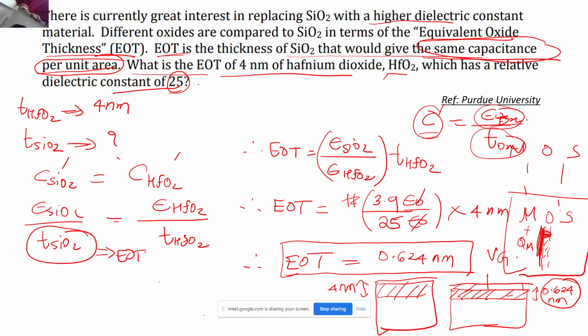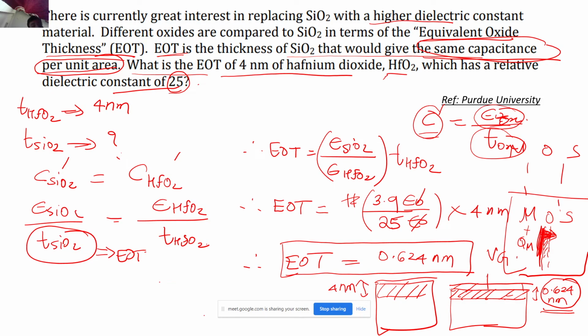So if I have such a small oxide thickness, correct, then there is a problem, because whatever voltage I am applying at the gate, there is a high probability that there will be a good amount of leakage current from the metal to semiconductor directly. The oxide, which was supposed to separate the metal and the semiconductor, since its thickness became so small, now there is a good possibility that I will have a tunneling current that will leak through the gate and go to the semiconductor directly. Now why does this matter, right?